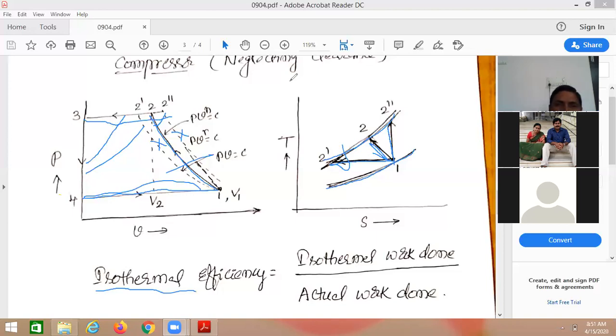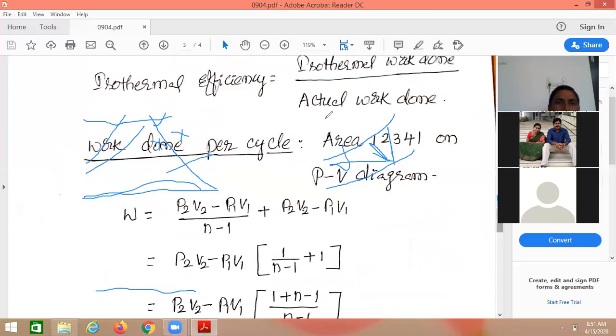Next, we go to the next part of the compressor. We are trying to estimate the work done per cycle. How do you calculate that? Our objective is to get the air compressed from outside, so external work must be given to run the compression cycle. What is the work done for every one cycle of compression?